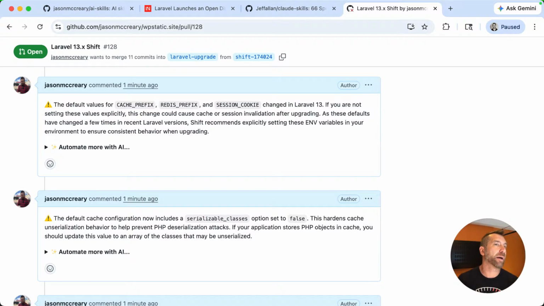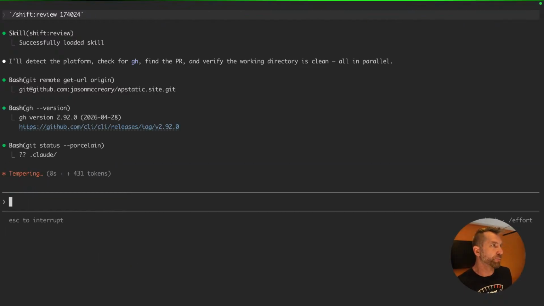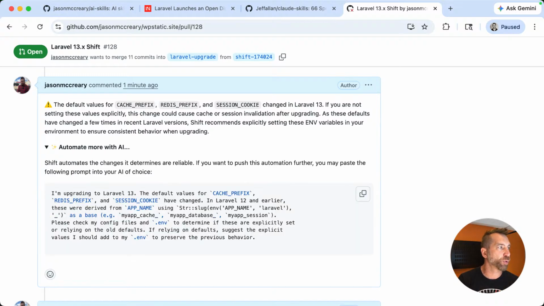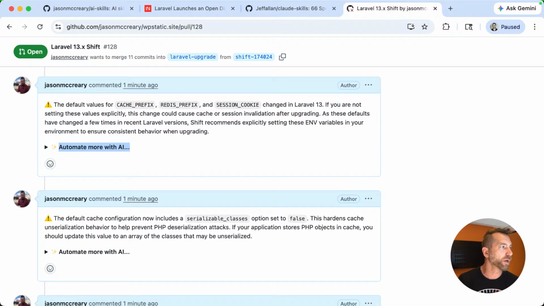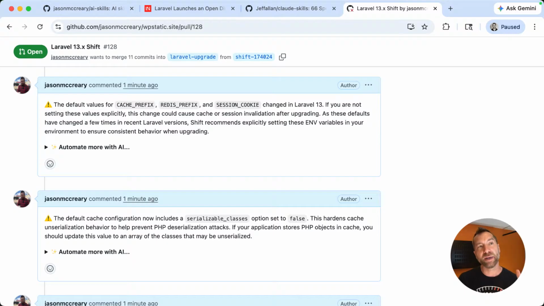So the review step that we're getting into now is basically kind of like the Laravel skill, but on steroids. The Laravel skill for the upgrade that was first-party released, the best thing it does is cycle through Composer. And that's exactly what this is going to do now. But it's also going to systematically go back and look at each one of these. And if it has one of these prompts, it knows to look for this automate more and then pull the markdown snippet. So it basically automates the review